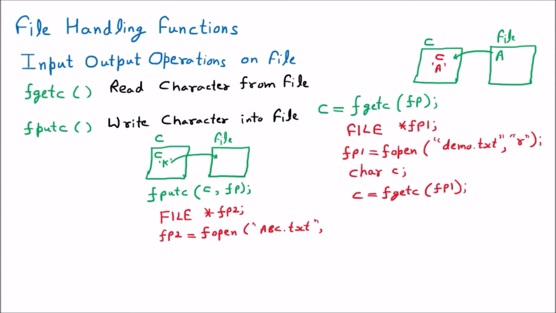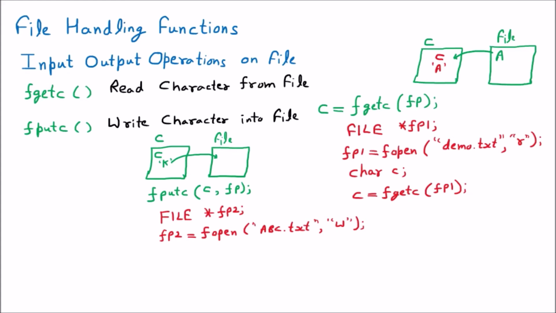There can be two modes. If the file you are making is fresh, you can put the write mode. But if you want the previous file to be available and you want to add the data, you can use append. But I will suggest, for examination purposes, you should use r and w, reading and writing, until it is asked in the question to use append. Otherwise you use read and write.